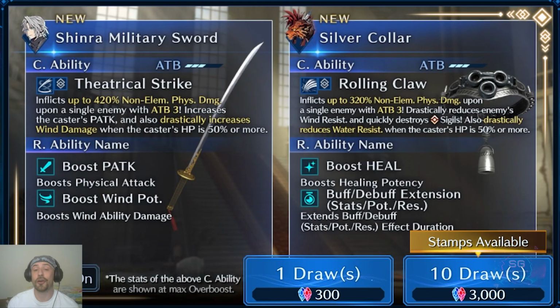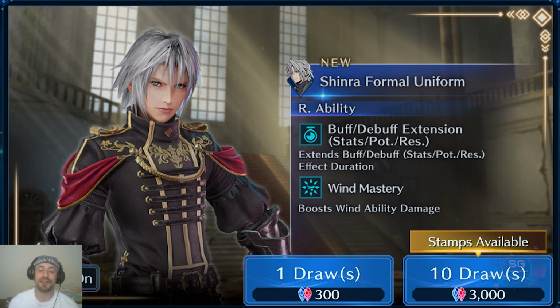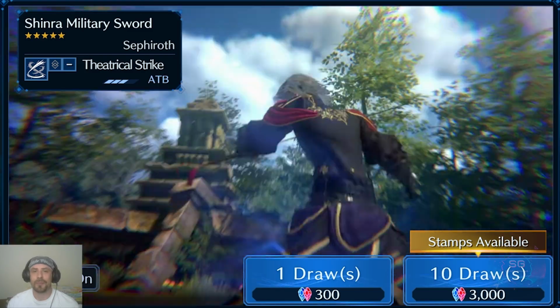That is not to say that they're not good weapons, they obviously are, and for me it is a really tough decision because I spent the large majority of my gems in the last banner trying to get an outfit for Matt, and I really want the military sword because my Dark Heavens is maxed out, so we'll have to see. Either way,